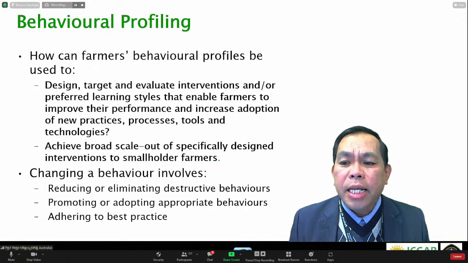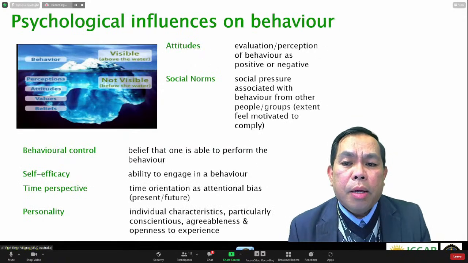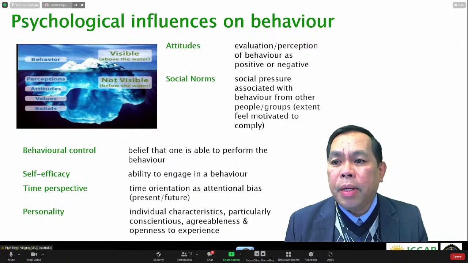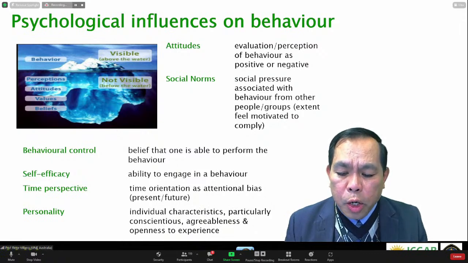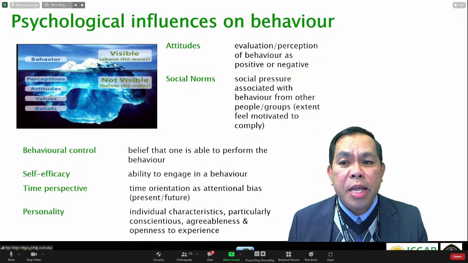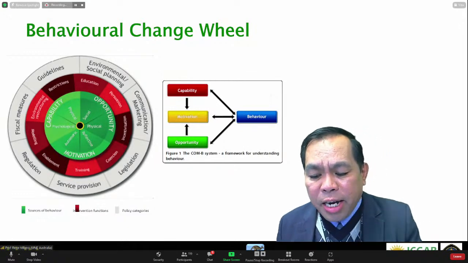And then basically, some of these can be considered in terms of behavioral profiling. The behavioral profiling is governed by a lot of theories in behavior, as I said here, on attitudes, social norms, behavioral control, and self-efficacy. Those are the themes. And this is actually governed by the behavioral wheel, which is divided into